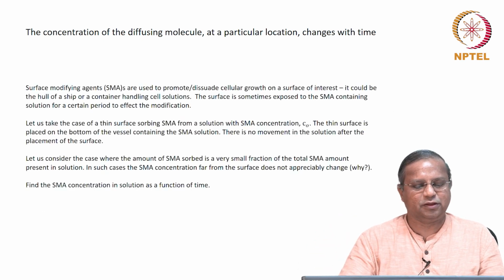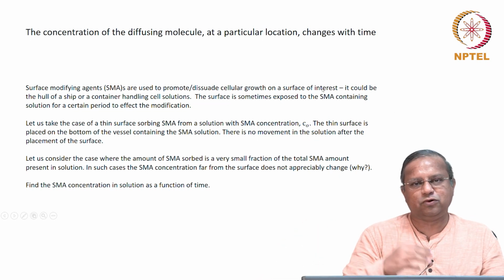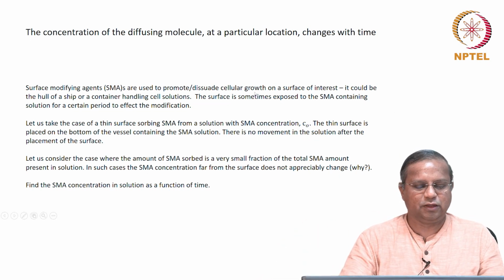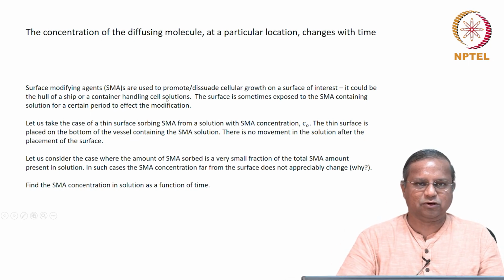To understand this a little better, let's again look at it from the framework of a problem, the context of a problem, and that problem is something like this. Surface modifying agents, SMAs for short, are used to promote or dissuade cellular growth on the surface of interest. Sometimes it's used to promote and other times it's used to dissuade. It's used to dissuade, for example, growth on the hull of a ship or a container handling cell solutions. You don't want cell growth there. Therefore, you could use a surface modifying agent to modify the surface of the hull of the ship or the